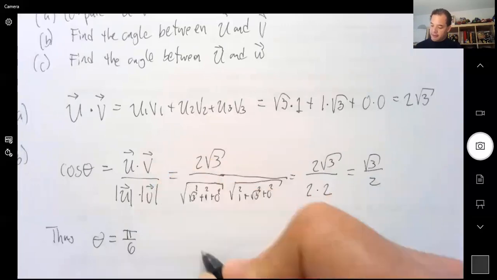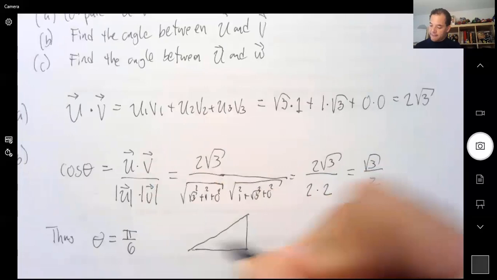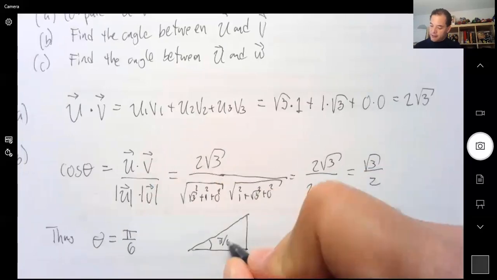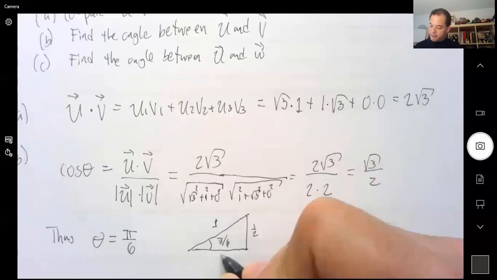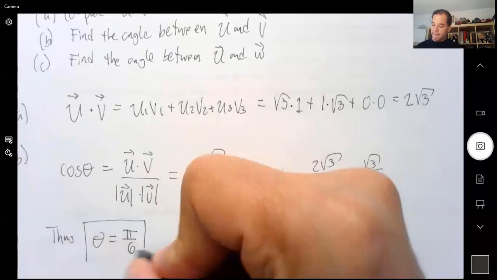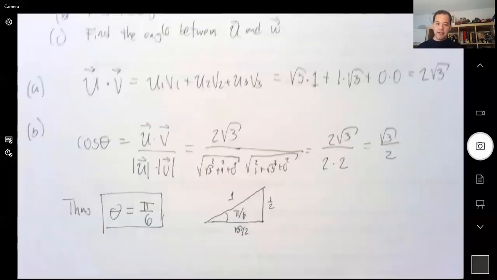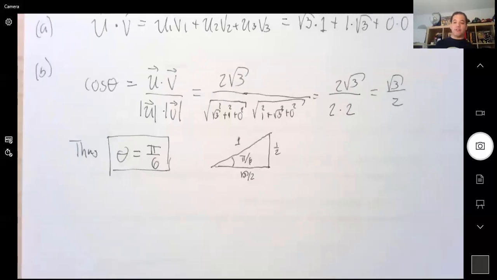So it's like this one over here, half an equilateral triangle, where this is 1, this is 1/2, and this is square root of 3 over 2. Very good. So that was easy peasy, right? So it's a fantastic tool. The dot product is a great tool to figure out the angle between vectors. Okay, and one last,